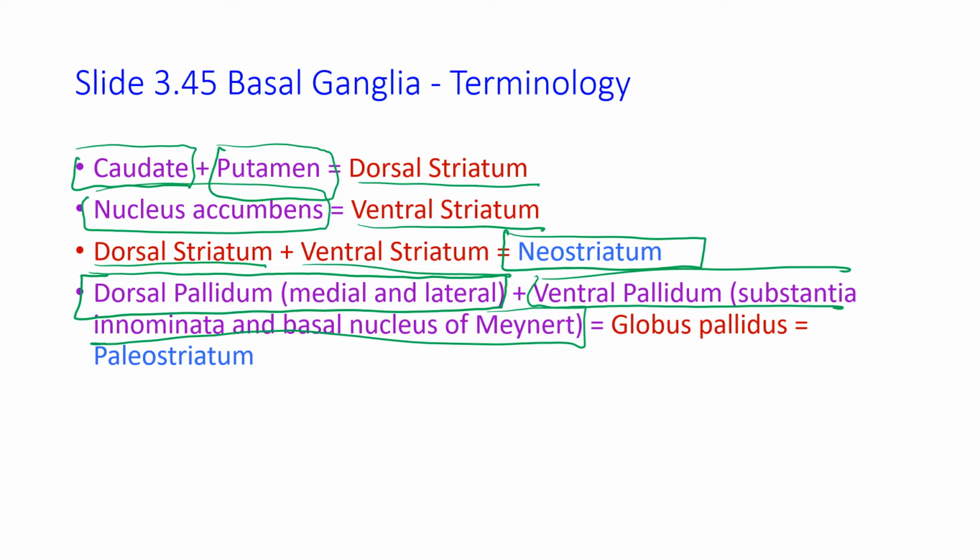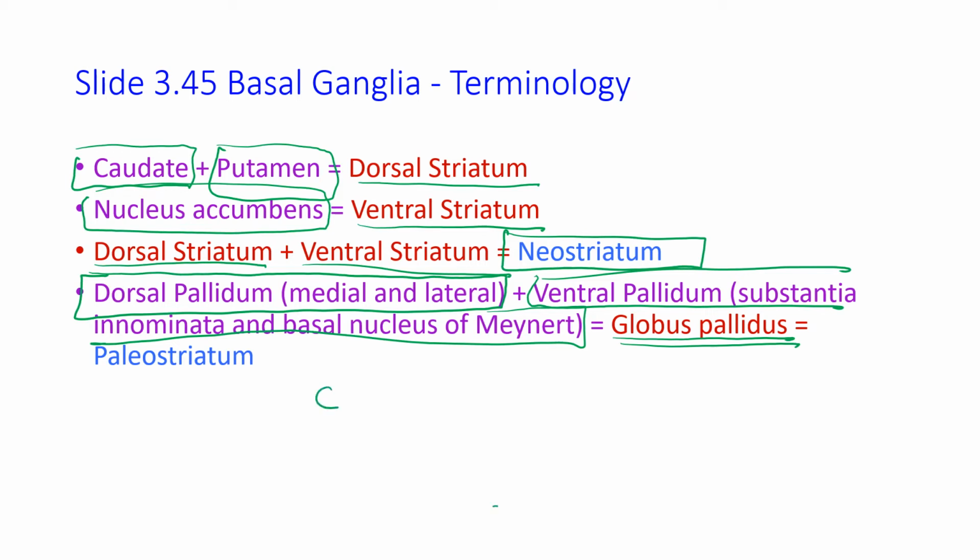The ventral pallidum plus the dorsal pallidum is going to form a structure called the globus pallidus. And that is going to form the paleostriatum, or the older part of the basal ganglia. So another way to look at this is